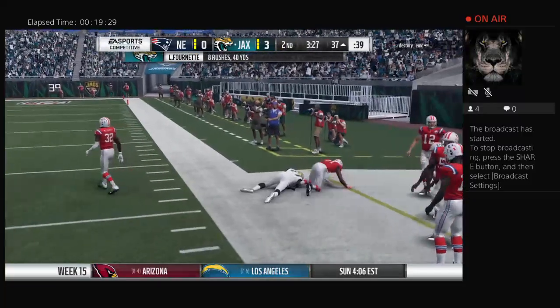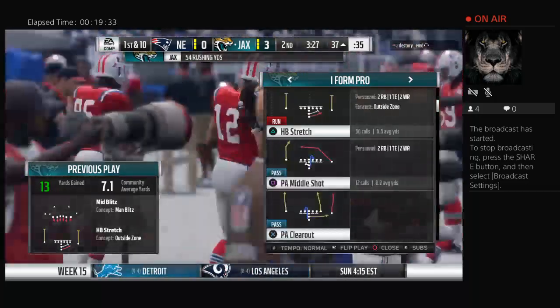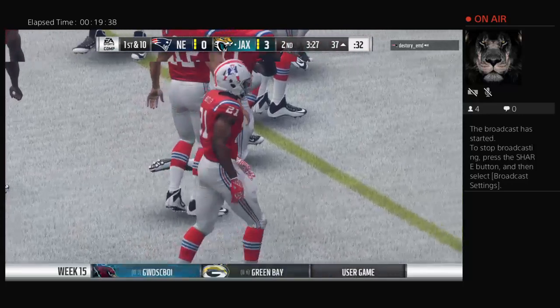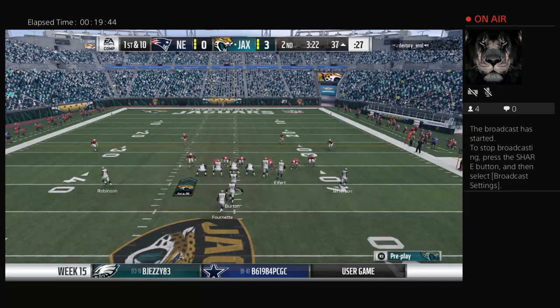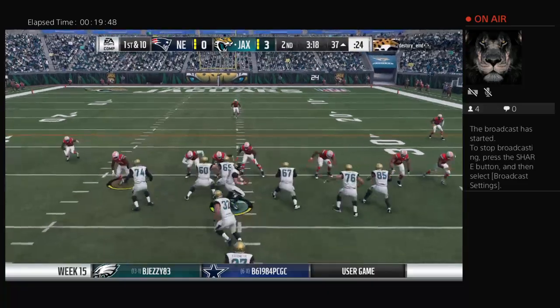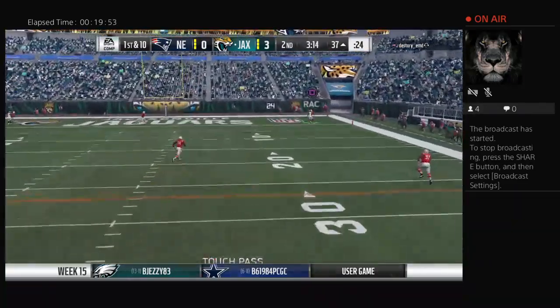That one good for a gain of 13 for Jacksonville and a first down. How many times do we say in this game that speed kills, and it does it in so many different ways? In this case, you got a back who's quick and shifty, can make moves, make people miss, but also gets to and through a hole before it can close down. That's some of the benefits of that speed, not just outrunning people in the secondary, and that led to a really nice game. He's going to go for a big play